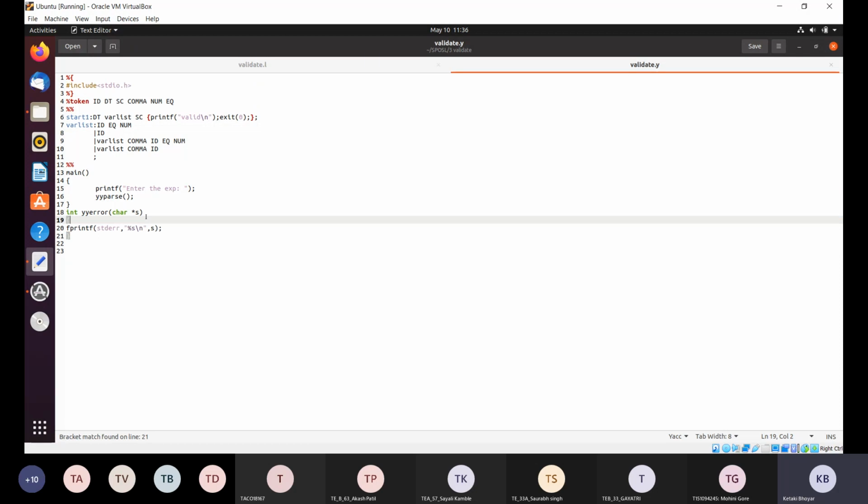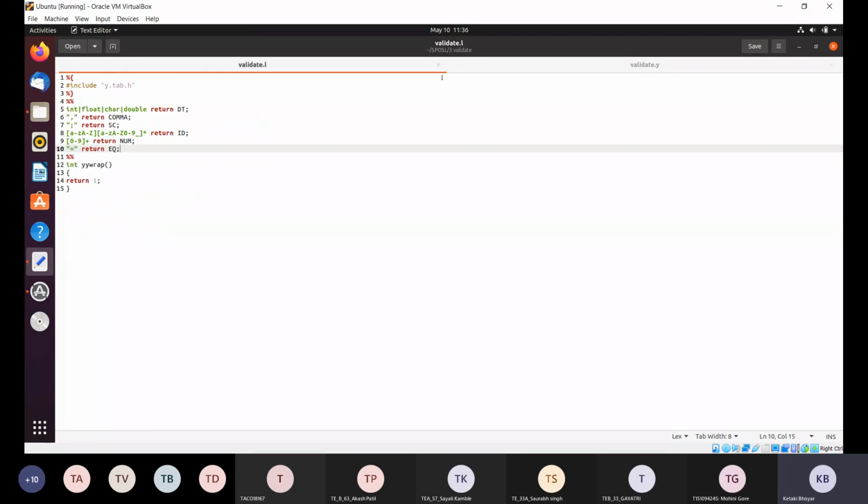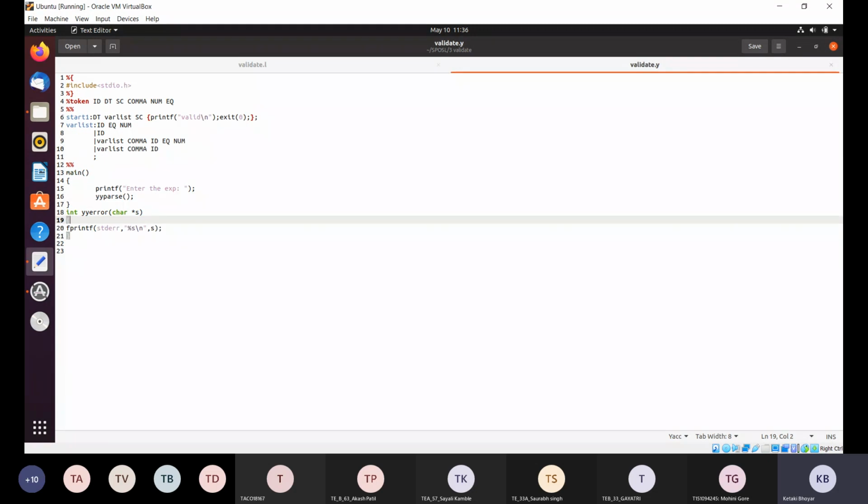So this is the program. Have you understood the .l file, that is the lex file, as well as the yacc file? Is there any doubt? If there is any doubt, you can ask. Otherwise, we will run the code. We have to see one more assignment, so be quick if you have any doubt in the explanation of this code. Yes, hello? No, ma'am, no doubt. Okay.